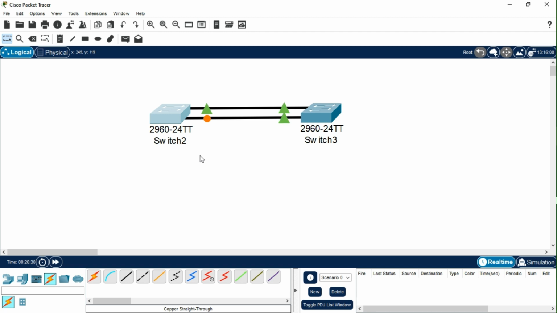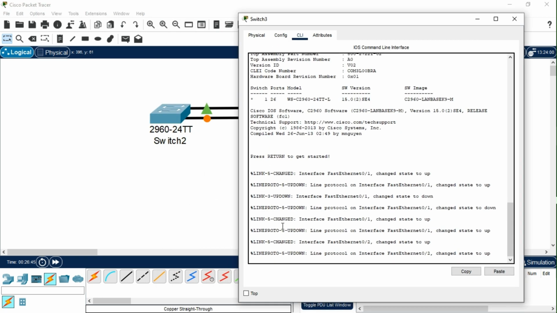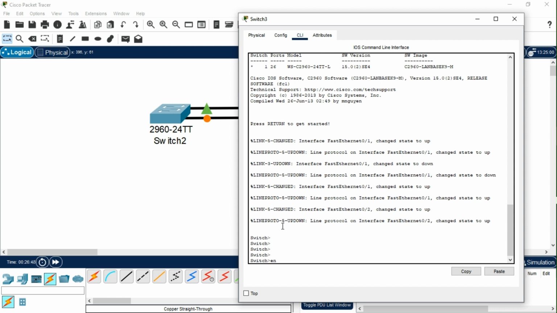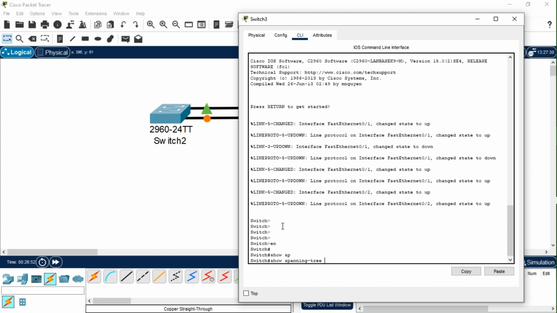You guys are going to see this right here, and I can tell you just by looking at this, this switch is going to be the root switch. This switch here is going to be the non-root switch. Let's test that. I want to make sure we get these commands so we can compare and contrast after. So we're going to go to show spanning-tree,